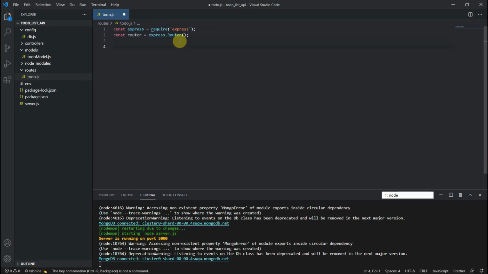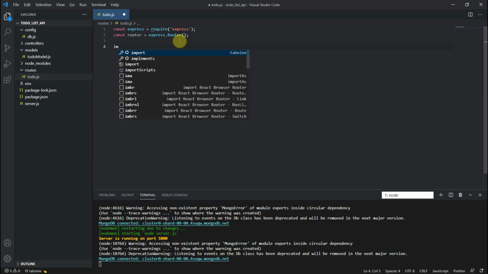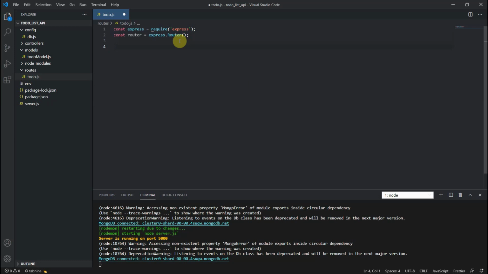Now you need to bring some controllers, meaning controller functions, which means in which route what function you need to call, and what function you need, these kinds of things. So for that you need to bring those controller functions, right? That we will do later. First we will define those routes. So first router.route. In the route parameters we need to give the path. So the path is like